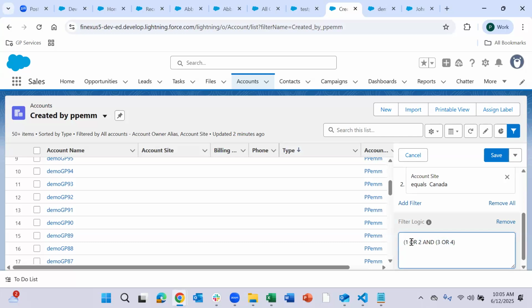For better clarity, use brackets. So either 1 or 2 has to be matched, and 3 or 4. At least one from these 2 criteria and one from these 2 criteria is matching, then only those records it is going to display here. Got it? Anybody has any other queries?